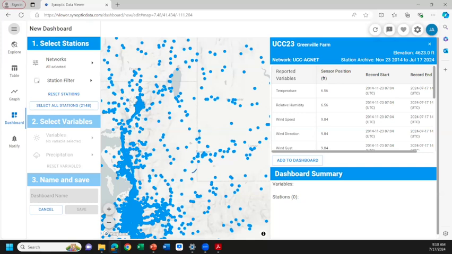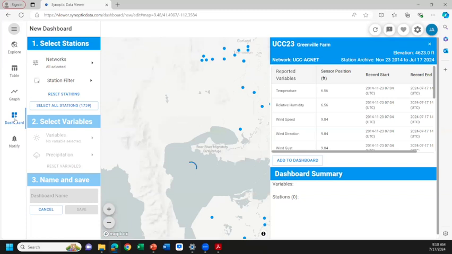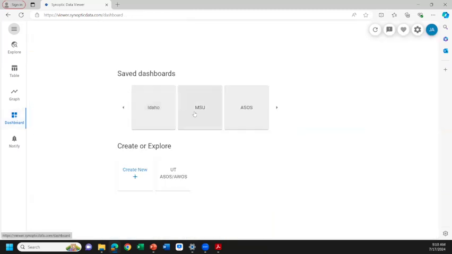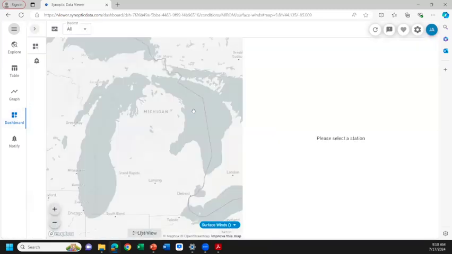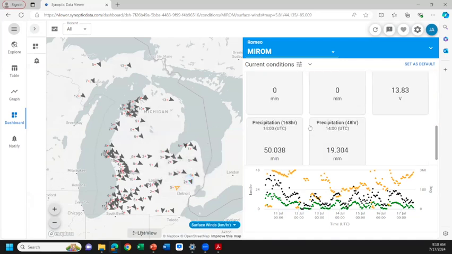So maybe internet seems to be a little slow. I might just go to one that we have. So I'm going to highlight Michigan State's network without their permission. So here's their network. You can come in here and see all of their data in real time.